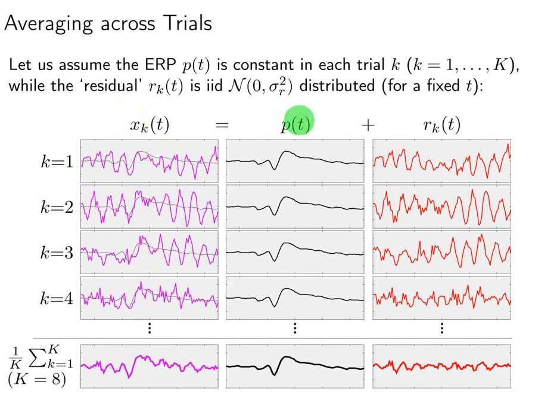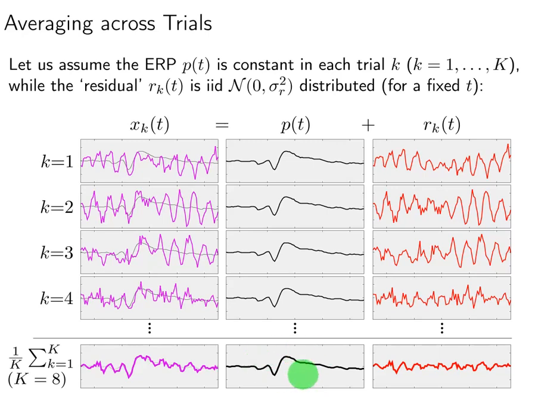If you assume P of t is constant and noise is IID, we can extract the event-related potential by simple averaging, which as you can see is very similar to